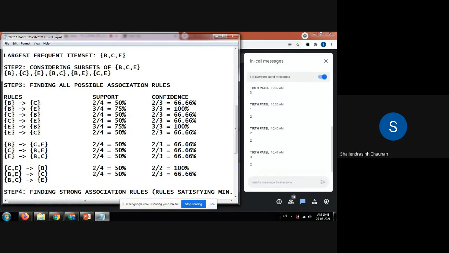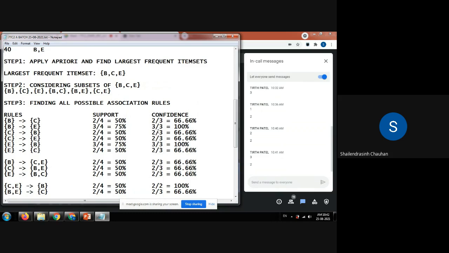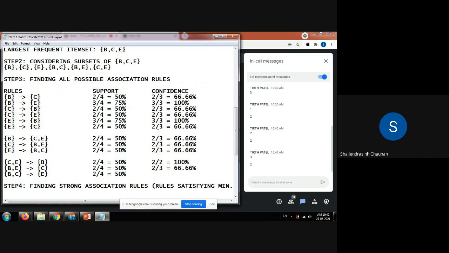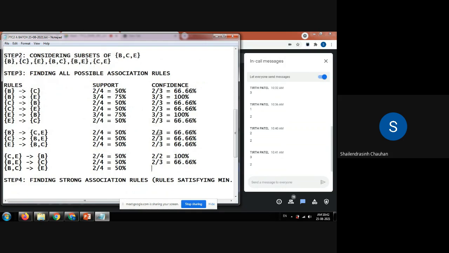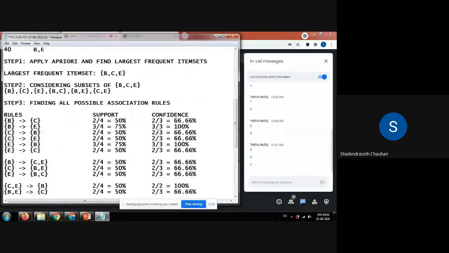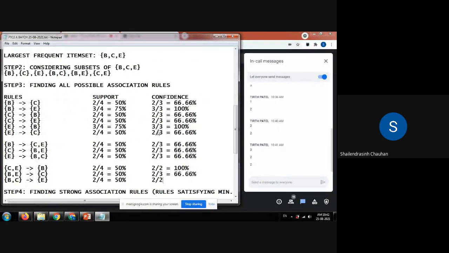Now transactions, 2 by 4 for support, same 50%. Now confidence BC. BC is there in 20, 30, only 2. And out of those 2, how many are having E also along with BC? Both. Exactly. So you are having 100%